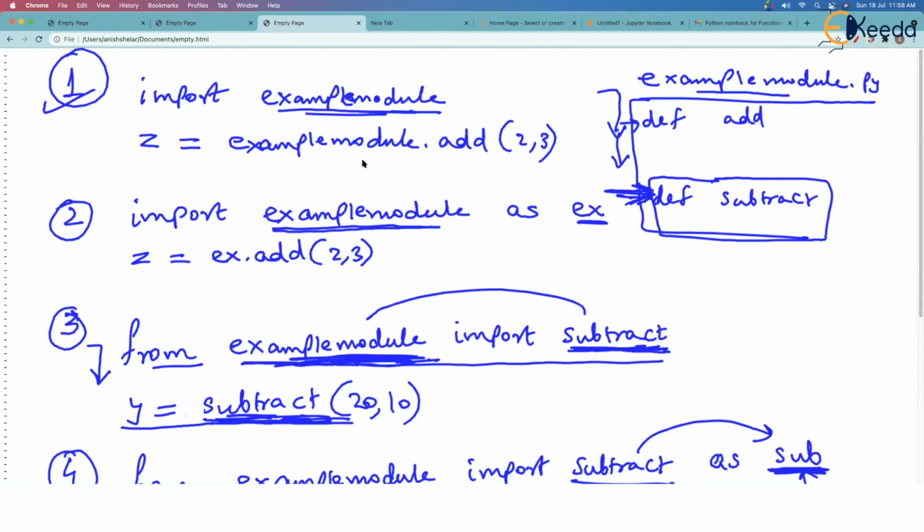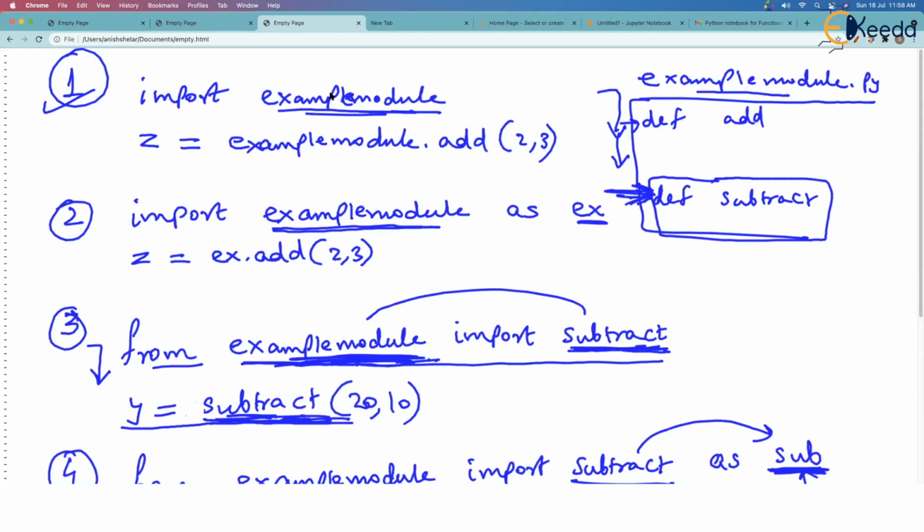See, did you observe in all these examples, we created two .py files? One was example_module.py, and another was use_module.py. And both these .py files were in the same folder, desktop. It was in the same folder. So it was very easy for Python to locate this example module and import it. Please try to understand what I am saying.